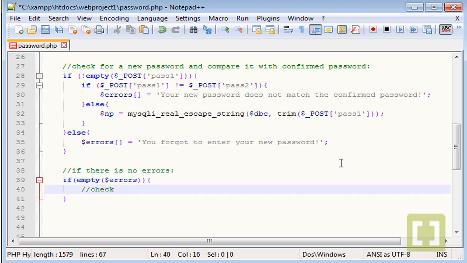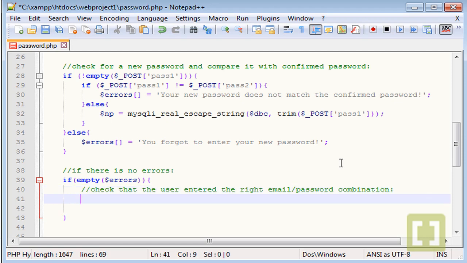And here we type check that the user entered the right email password combination. Okay, so the user must enter their email and then the password,